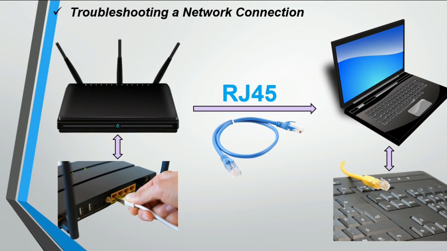Troubleshooting a network connection. So here we will talk about how to troubleshoot a failed network connection. As you see here, this is a router. We have here a laptop, okay, and this laptop is connected to this router using the network cable. As you see, this is the network cable or RJ45 cable, okay. So for example, if you don't have the connection in your laptop, maybe you have a problem in the router itself, maybe in this cable,